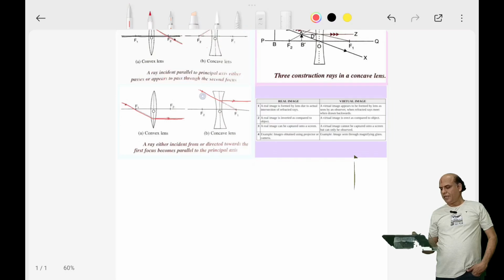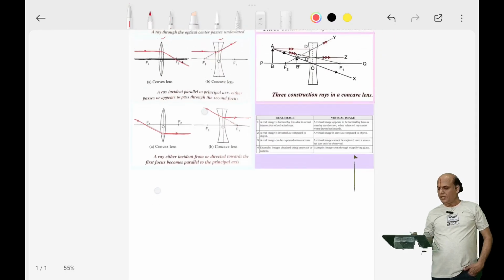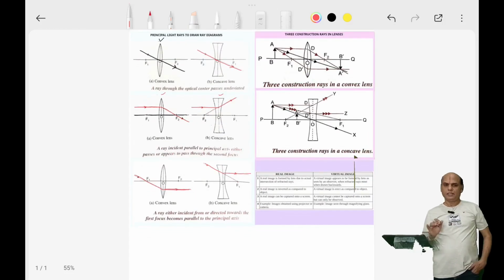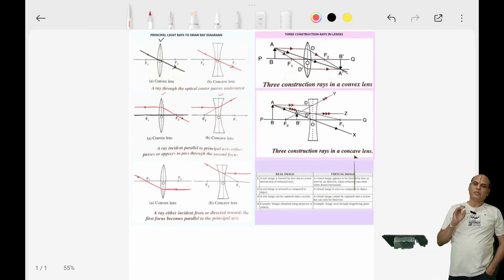In the case of a concave lens, an incident light ray which, when drawn further, appears to pass through the focal point, after suffering refraction, travels parallel to the principal axis. So these are the three kinds of principal light rays that we need to consider